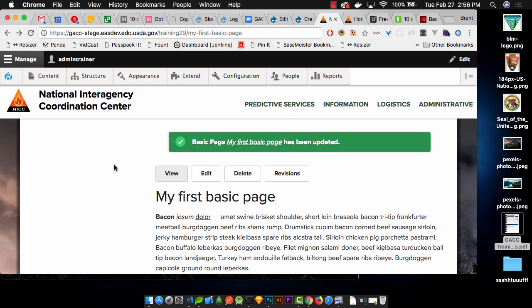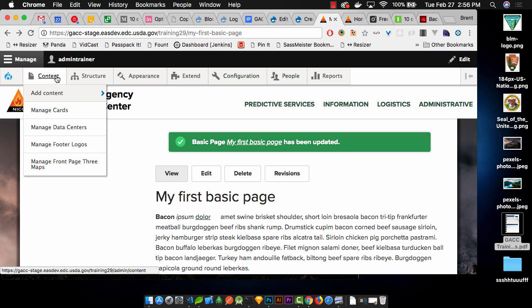So I'm going to show you. We're going to skip along and go to the content page. This is a really handy page to be able to find all the content, meaning not blocks, but all the pages that you have on your site. So if I click content,